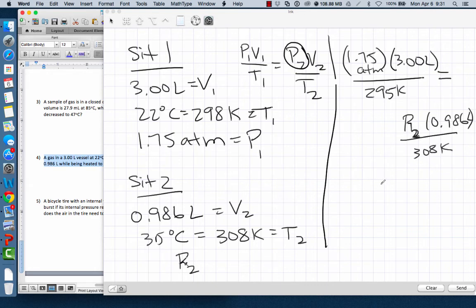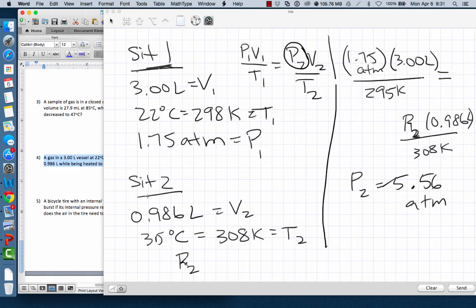Okay, we do some algebra, cross multiply, solve for P2. We get 5.56 atm. So we can tell which law to use if we just make a list of everything we have in